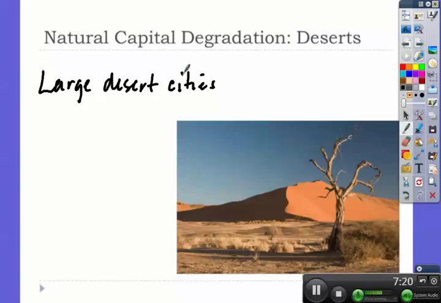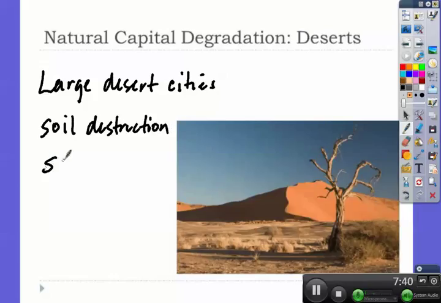You create these large desert cities, that's certainly something that will have a human impact on the ecosystems. We saw on the former picture, you've got soil destruction by vehicles, like off-road vehicles.